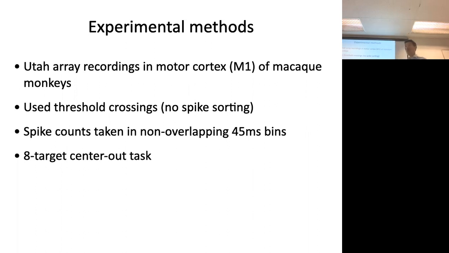But if you use any window that's a few tens of milliseconds, I think the performance of moving the cursor would be quite similar. What about wider windows? 100? So then there starts to be a trade-off if you get up to 100 or 200, which is that the updates between successive cursor movements, the time steps, are longer. And so then the subject is going to feel more of a delay: I produce neural activity, when do I see the effect of that neural activity show up on the screen?